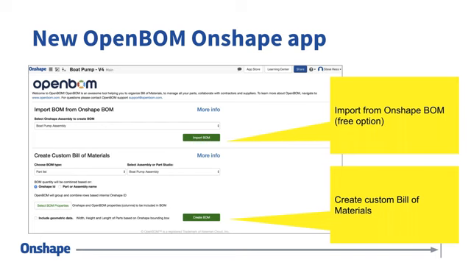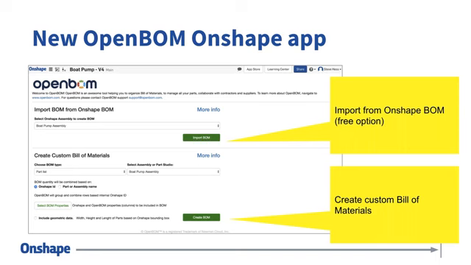The second option is more advanced. We call it create custom bill of materials. There are a lot of additional features and functions there, and we will talk about them more. It gives you more flexibility, more customization and configuration of bill of materials that you can do for your specific needs. Important to say, those are 2 functionalities. The first is the free option.